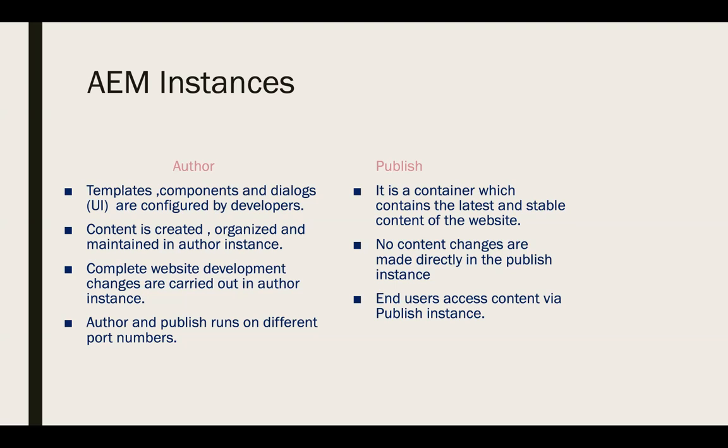So the majority of companies set it up in such a way that on the production they will have an author instance where authors are logging in and making final changes to the content and clicking publish to go to the publish environment. In some cases they say we don't want to do anything in the production, so they create a production author environment, which is a previous environment. So it depends on how an organization sets it up, but the best practice is to have only the publish in the production environment. Okay.